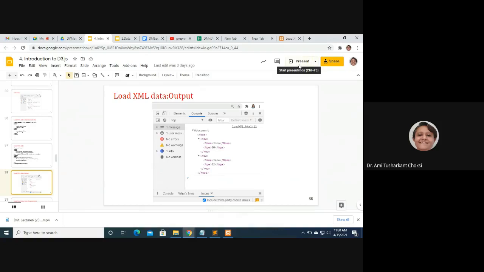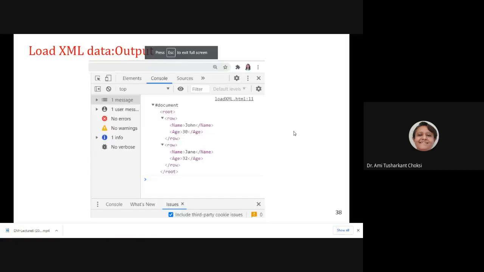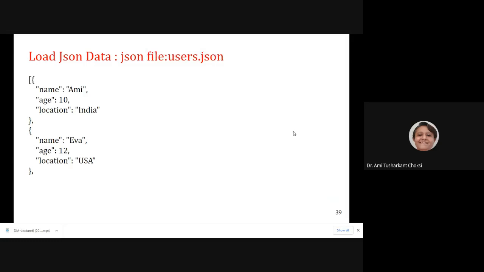Now, next we want to load the JSON file. For JSON, you already know how we should write the data. That is, name colon Ami, age colon 10, comma, location colon India, right?